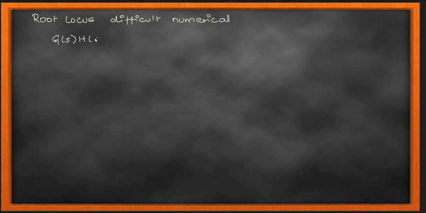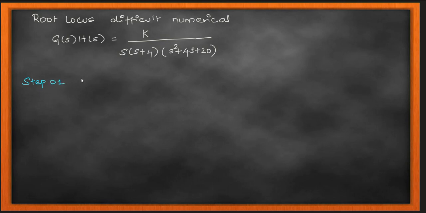So the G(s)H(s) is given in your question, and it is given to be K upon s into (s plus 4) into (s squared plus 4s plus 20). So this is the question, and from this what I have to infer is that my H(s) is equal to 1, because it is given as a unity feedback system. So my H(s) is 1, and now I need to plot the root locus for this given system,